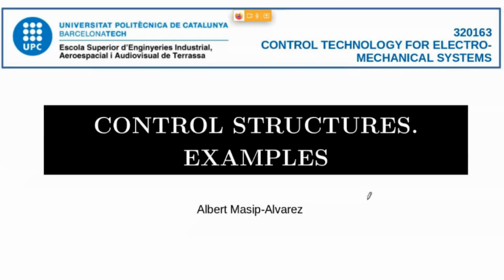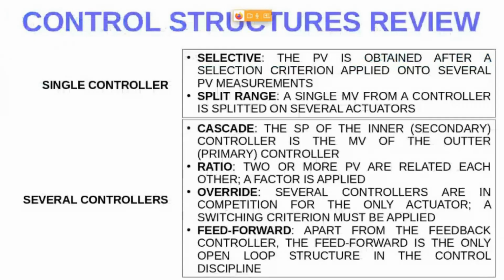We are going to review the control structures we have seen during the lectures. We're going to have a look at several examples on real system diagrams. First of all, we can say that control structures can be split into two different groups. First of all, those who use a single controller for their task, and the other group is about those structures